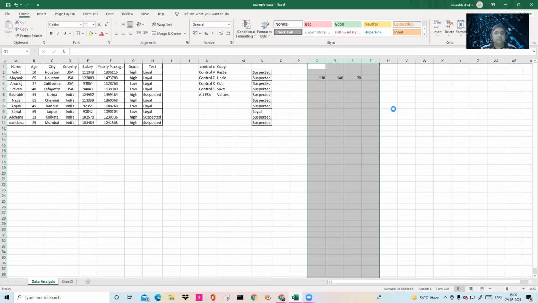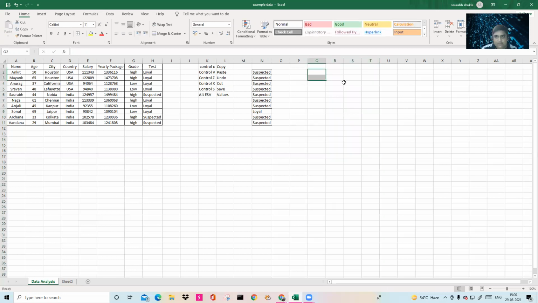Some people will say, hey man, I do not have any data, how can I do the data analysis? For that, I will tell you one function, which is very important and very active. Just say equal to RANDBETWEEN. I want to generate some random numbers between 10 and 100, and I will close it. If I drag this particular value, I can see the numbers between 0 and 100.